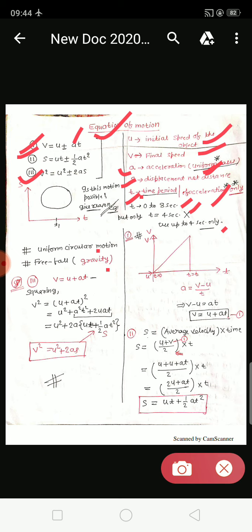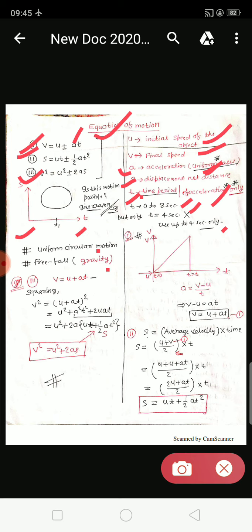One question for you today. There is a displacement time graph, and a curve like this has been shown. The question is: is this type of motion possible for any object or not? If yes, which type of motion is it? If no, why not? Give the reasons. You try to solve this question, try to think about it. I will tell the solution in the next lectures. Kindly try to solve this question.